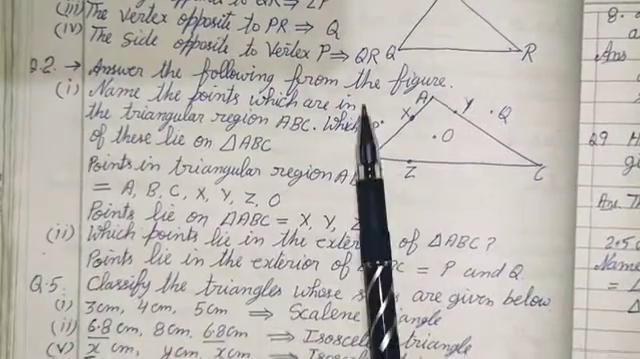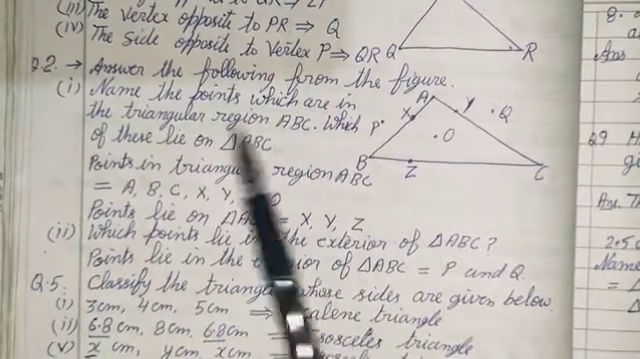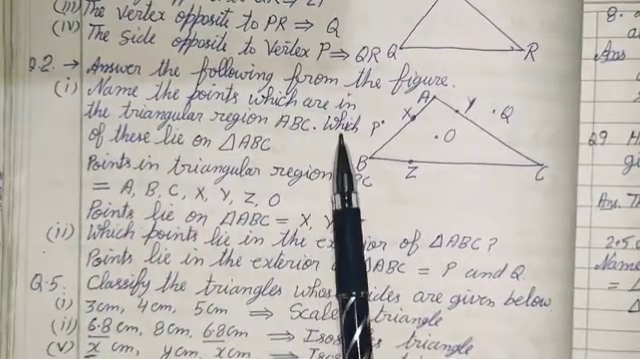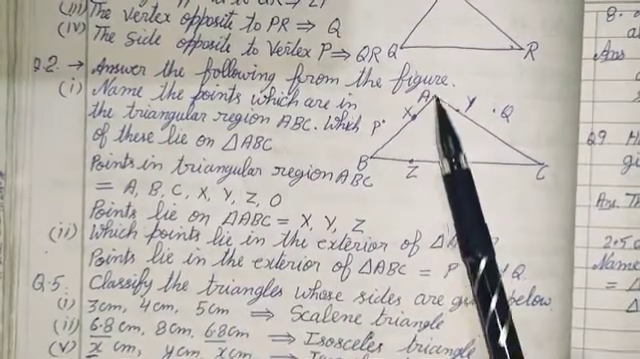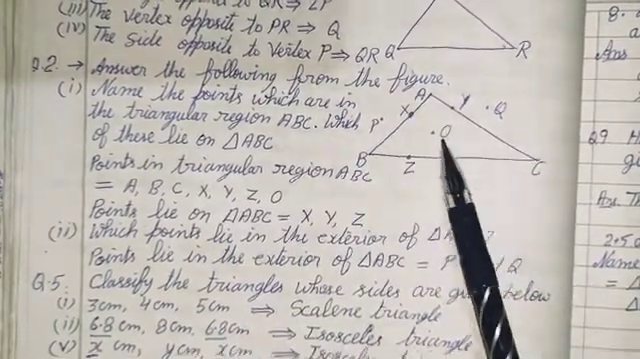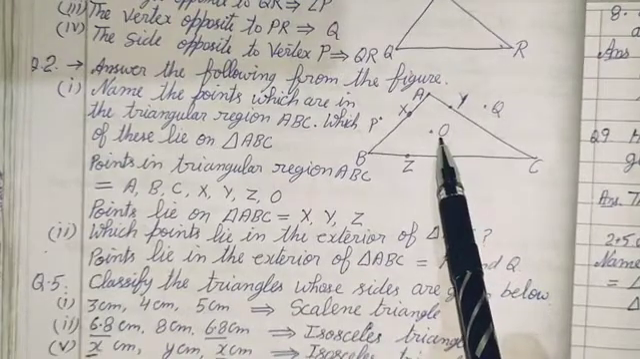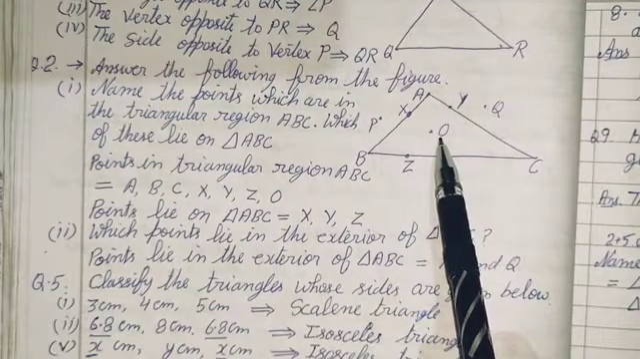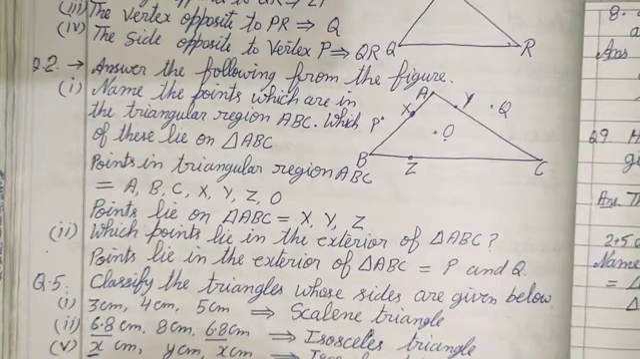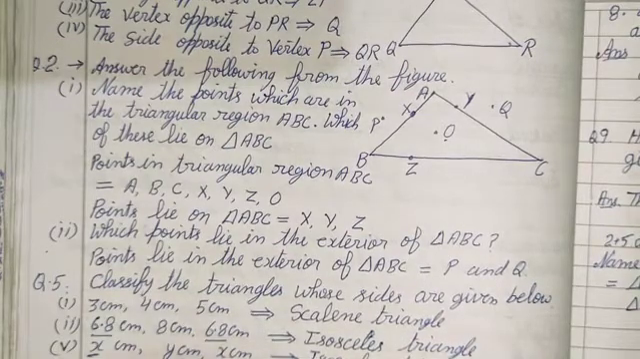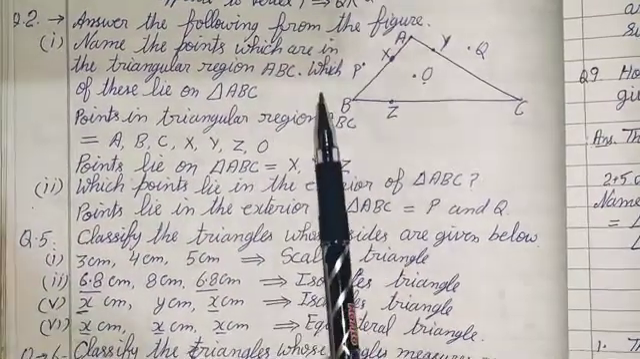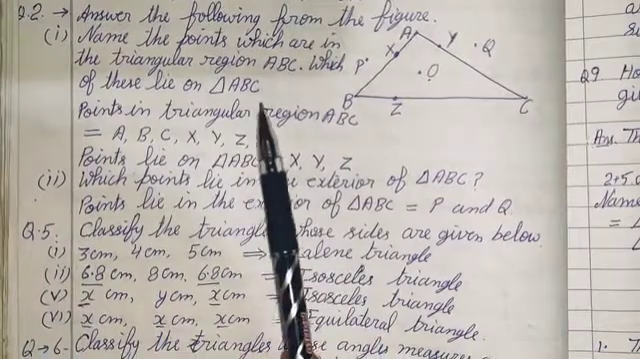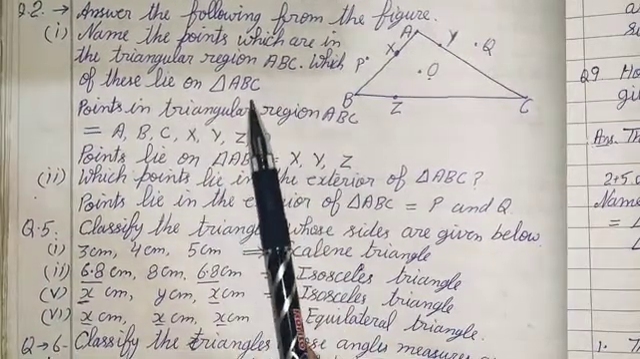Question number 2. Answer the following. Name the points which are in the triangular region ABC, and which of these lie on triangle ABC. This is the triangular region. So the points in the triangular region are only...